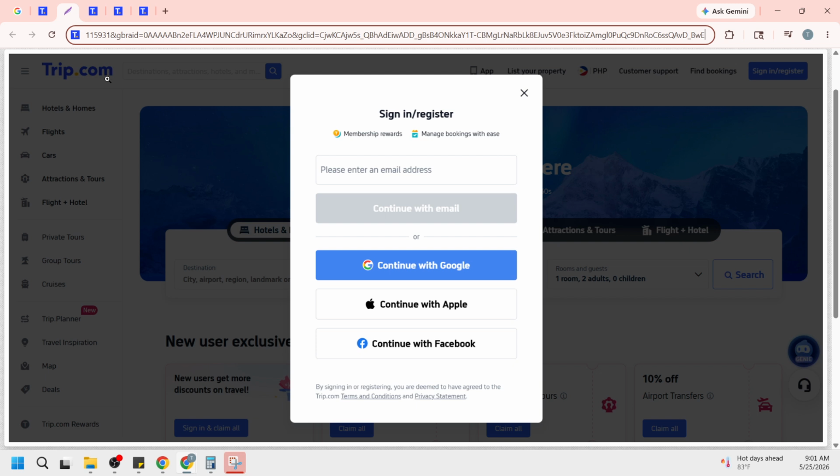Alternatively, you can log in using an existing Google, Facebook, or Apple account by selecting the corresponding button. This will redirect you to the provider's secure page. Confirm you're signed into that account, complete any two-factor steps if prompted, and then authorize the connection so Trip.com can verify your identity. When the authorization finishes, you'll be returned to Trip.com automatically.